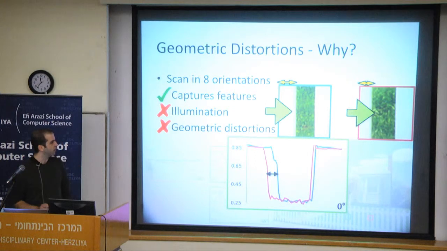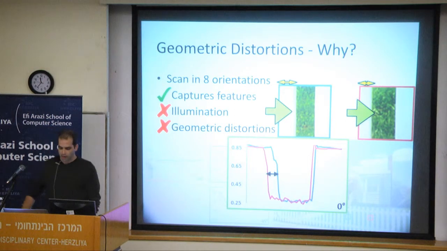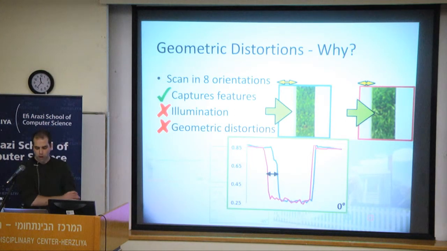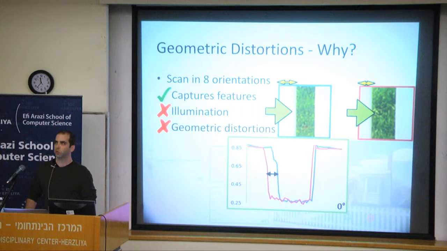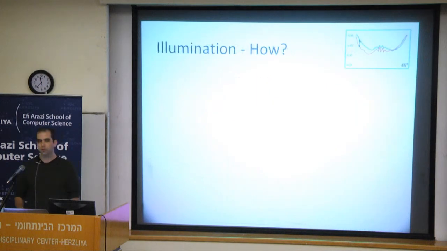Here you can see that in the red patch, the left fence post is thinner than in the blue patch. Therefore, you can see that the red curve drops sooner than the blue curve. Again, if we were to take the difference between the two curves, we would again get a large unwanted difference. So, dealing with the first problem, what we call the illumination problem,